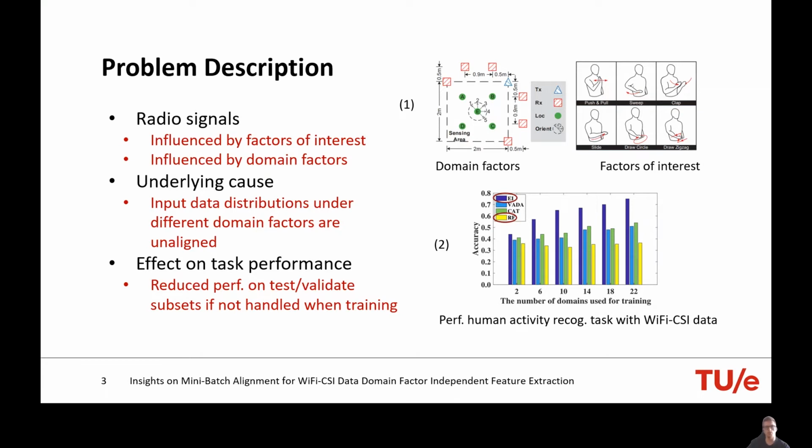The way that we see this back in the data used to train deep learning models is that data distributions, especially in the intermediate representation, are unaligned. So, for example, when I do classification and I train my model, I get specific distribution pockets in the intermediate representation. However, when I take another data sample from another domain and use that to inference, that data sample might end up in an entirely different space of the intermediate representation, and as a result will be